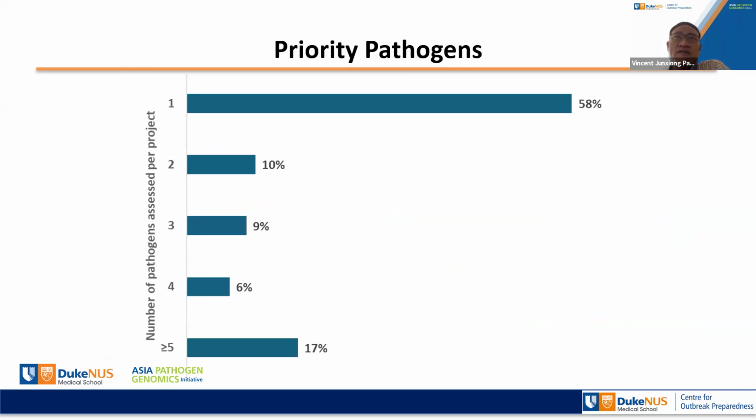And in order for efficient use of resources, and given the advances in technology as well as the reduced cost of these advances, such as next-gen sequencing, as Paul mentioned, there's a great need and understanding that we should adopt a multi-pathogen approach in implementing wastewater surveillance.